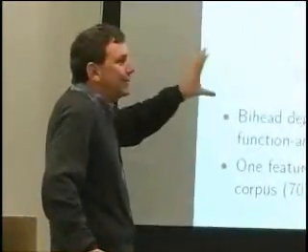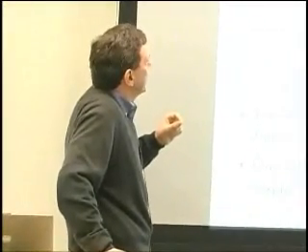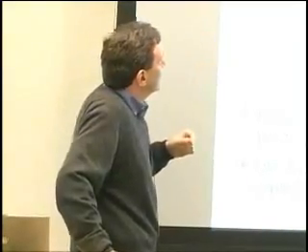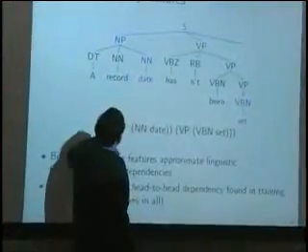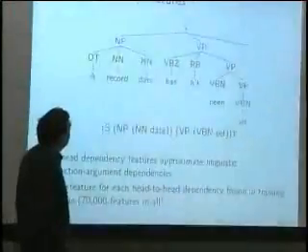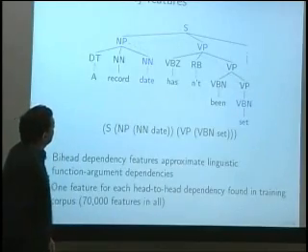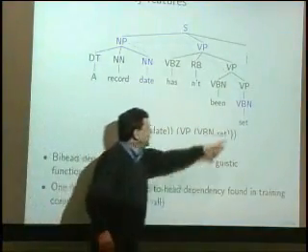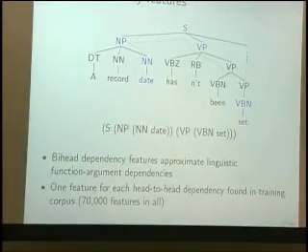So I'm only going to give you two features here. This is a feature which is sort of linguistically inspired, what I call byhead features, which are essentially like the dependencies we were talking about before. The feature is a C++ class which takes a tree as its input and extracts all of the head-to-head dependencies. So it would extract, for example, the fact that date appears in this configuration. In effect, it's learning that date can serve as the subject of the passive verb set, right? We've got about 70,000 of those after pruning.